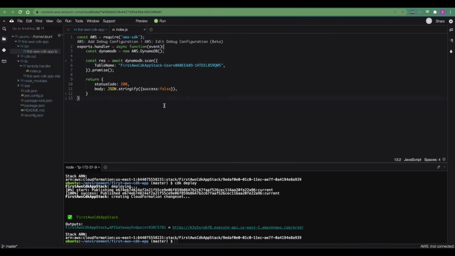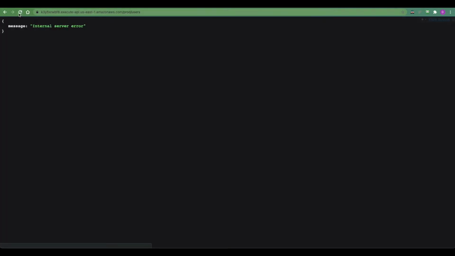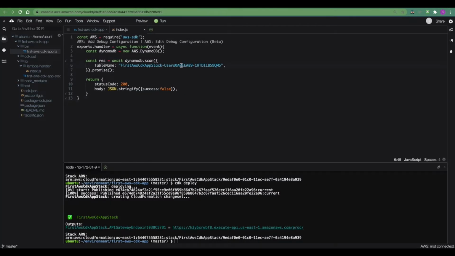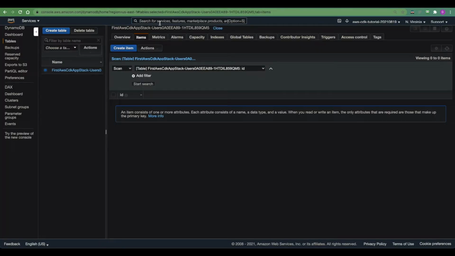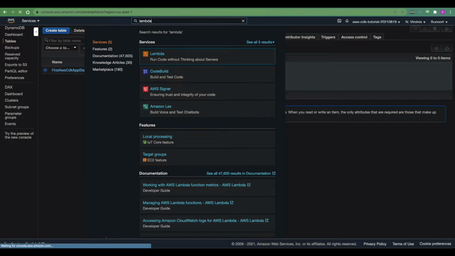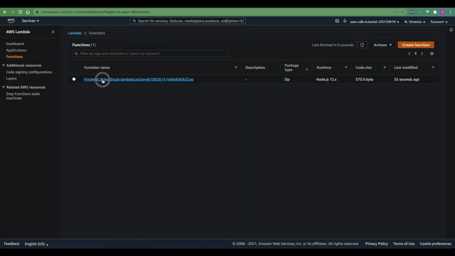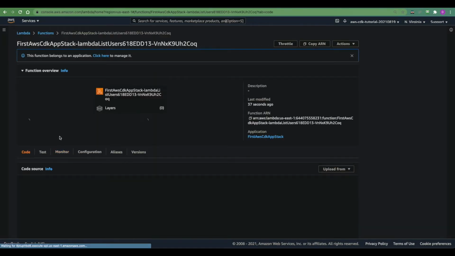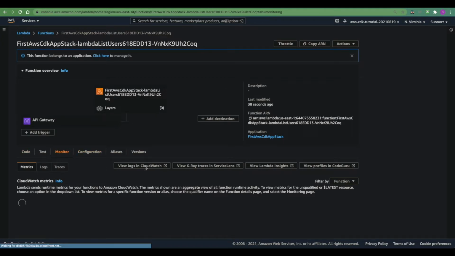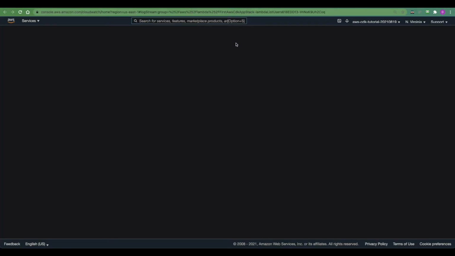Now that our application is redeployed, let's try refreshing our Lambda. We see that the Lambda fails, but what is the reason? What caused our Lambda to fail? If we go to the Lambda service, click on our Lambda and inspect the logs for our Lambda using CloudWatch,